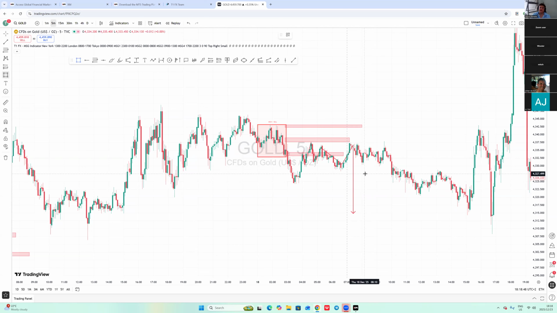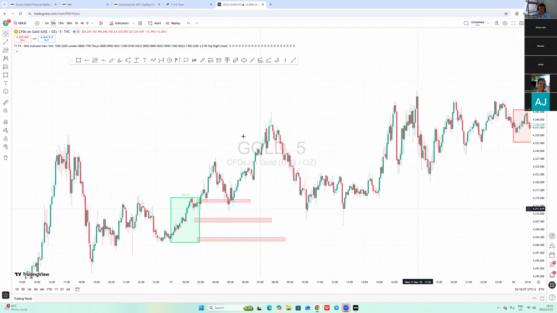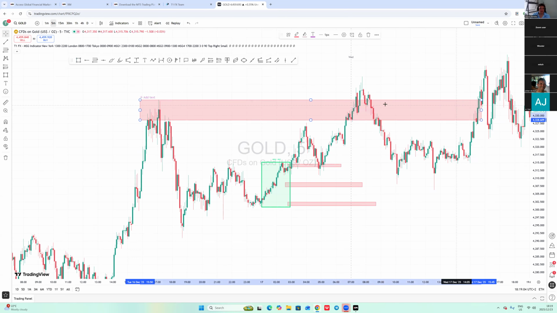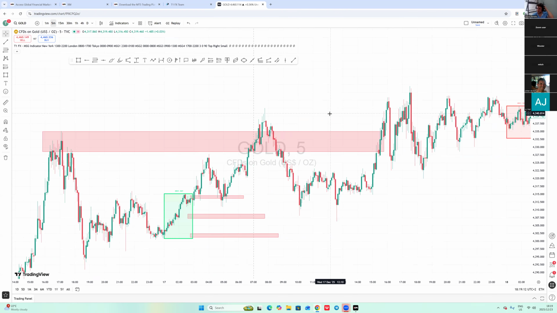Where should your TP and your stop loss basically be? Previous lows. So this was a TP. That would have been your TP. On the buy, previous highs, which is in the range here, which was triggered, but that's a bit of a long wait, you understand, to get there.